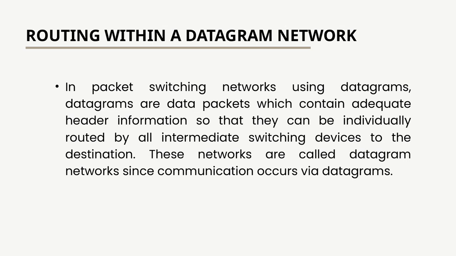Let's take a closer look at routing within a datagram network. In these packet switching networks, data is sent in the form of datagrams. These datagrams are essentially data packets that carry enough header information to be individually routed through the network. This means that each datagram knows how to find its way to the destination independently, without relying on a dedicated path. All the intermediate switching devices, like routers, use this header information to make real-time decisions about where to send